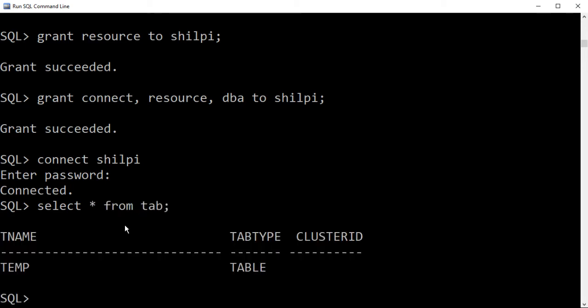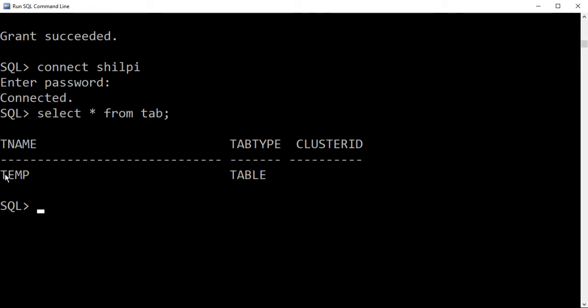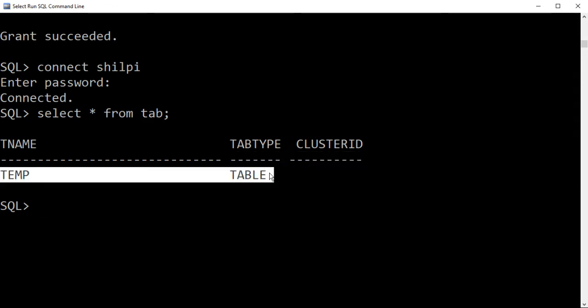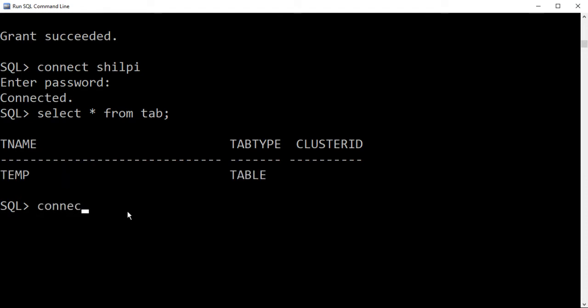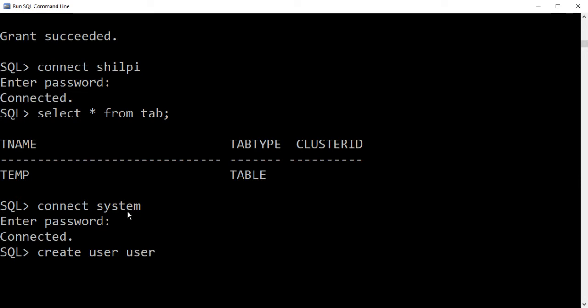As I have listed the tables for this user, we have created only one table for this user. So again, connecting to the database administrator or system, and let's create a new user. Create user user1 identified by user1.